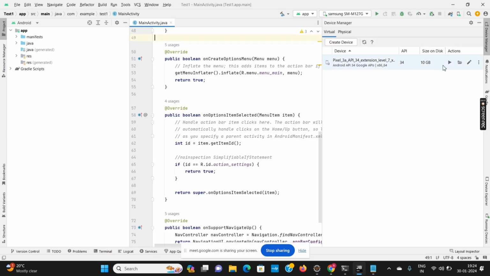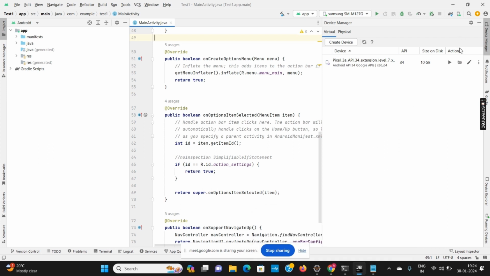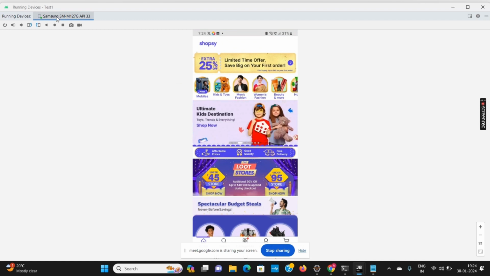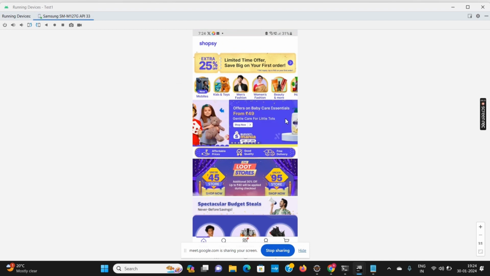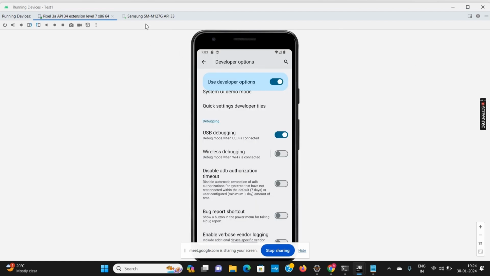Just a second. So it has launched on my app. And let me see where it has gone. Just a second. So you see, it has launched this particular app. Okay. So in that way, we can launch any kind of app on our device.